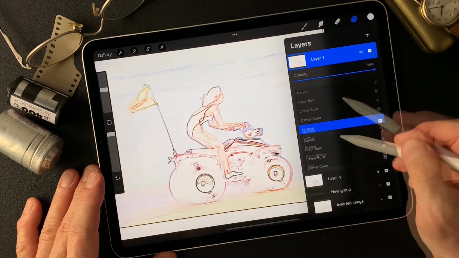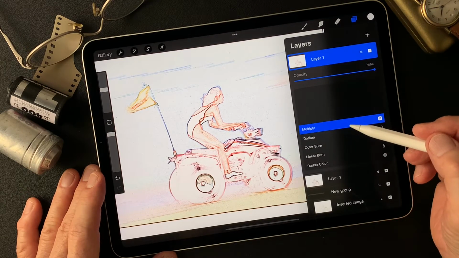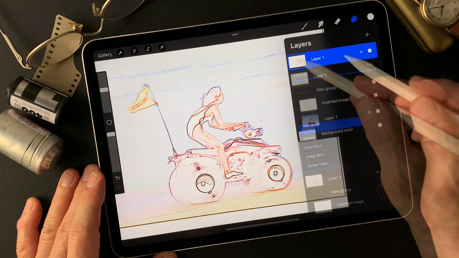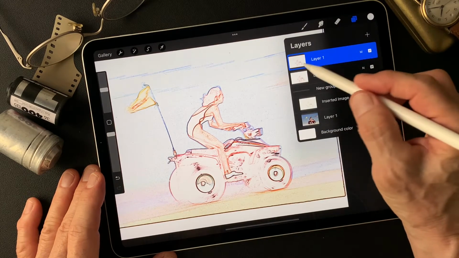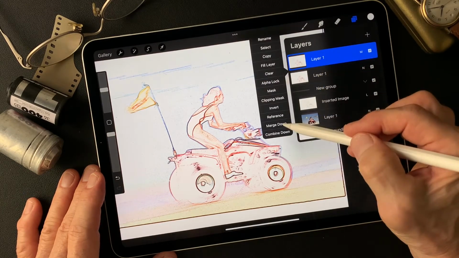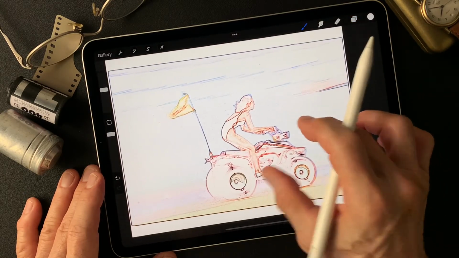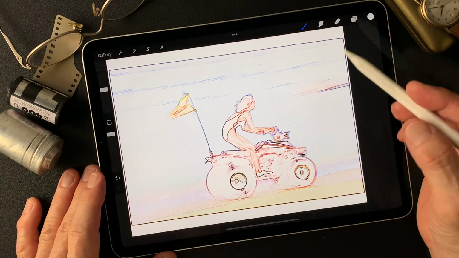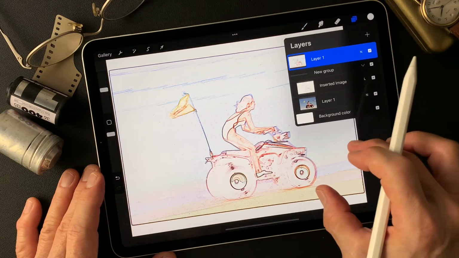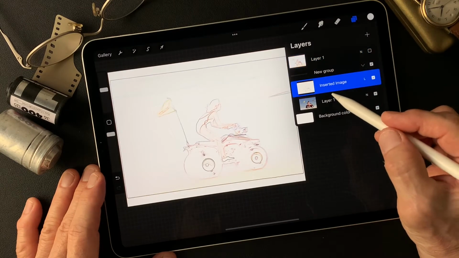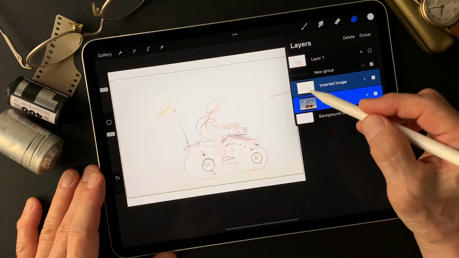Let's see. Multiply. Even though we see some grain, let's go for it. Just make it multiply, then merge down again. Yep. Now we see the image so clearly. Okay, now let's move the pencil drawing type image and the original image